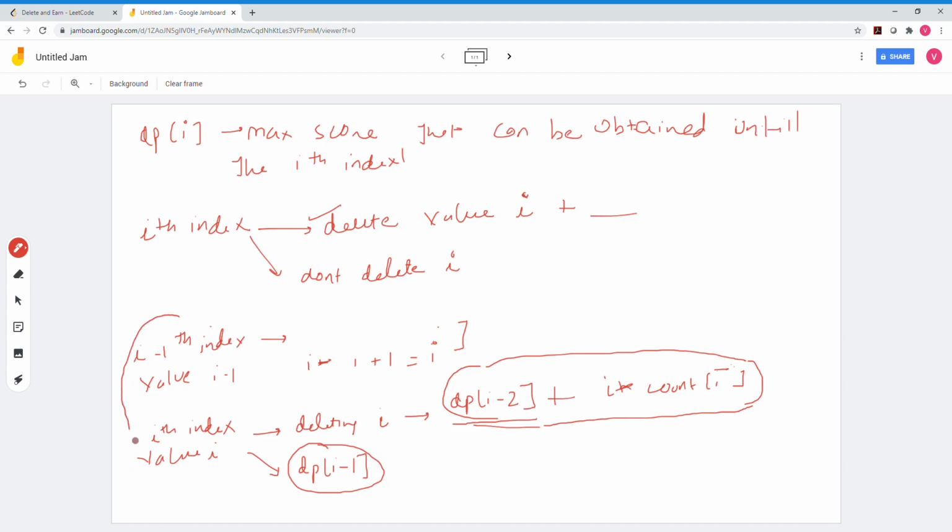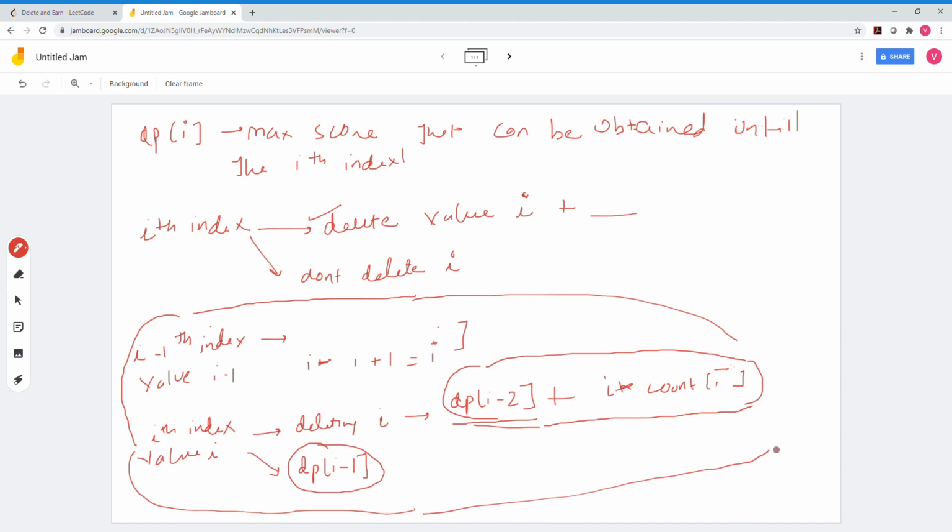We do all this circus if at all the value i exists in nums. Yes, we do all this circus if i in nums.